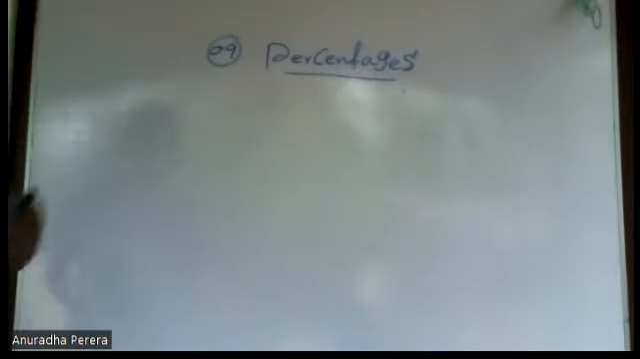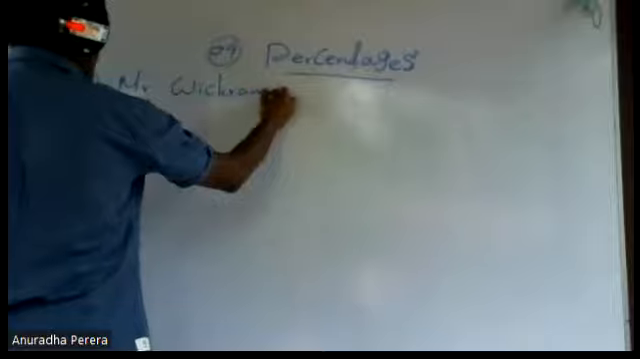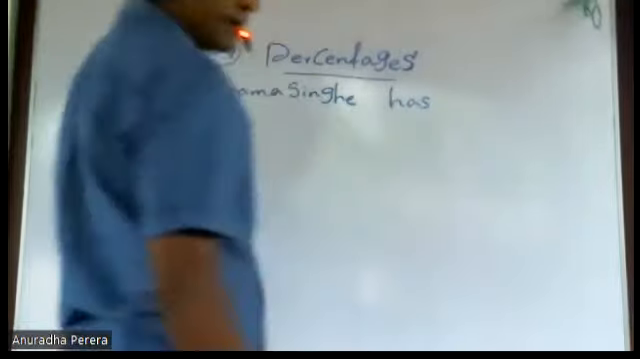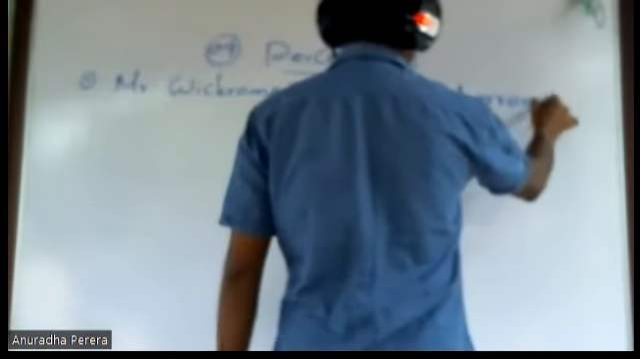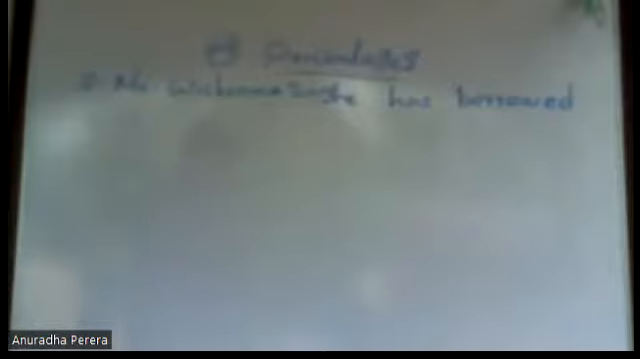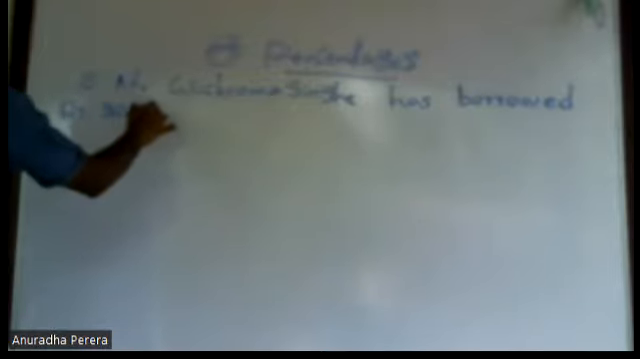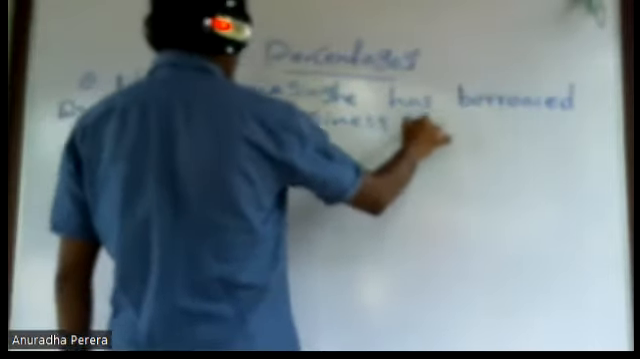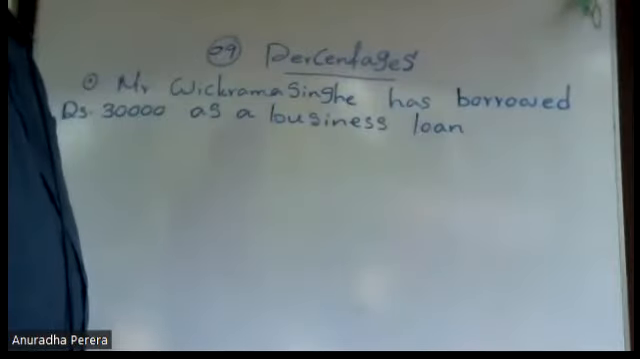Mr. Vikramasinghe has borrowed 30,000 rupees as a business loan from a bank